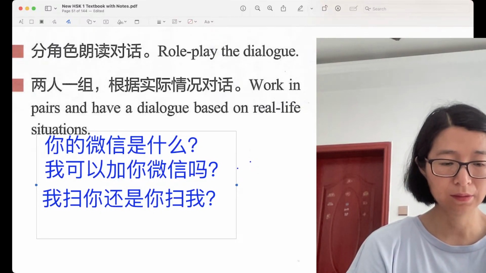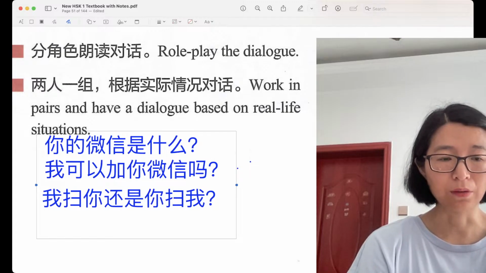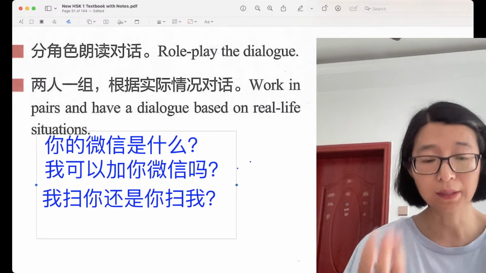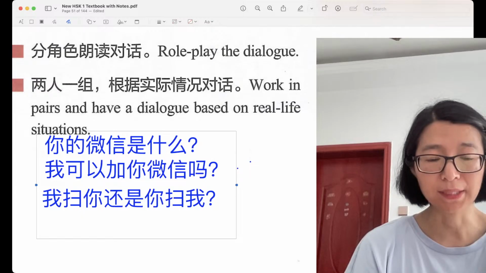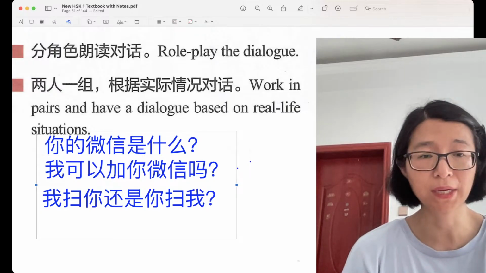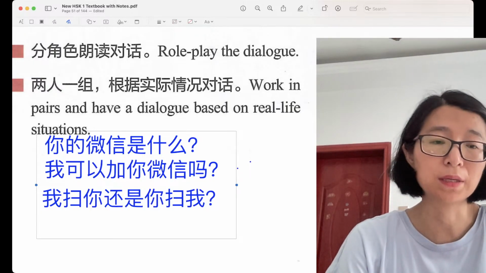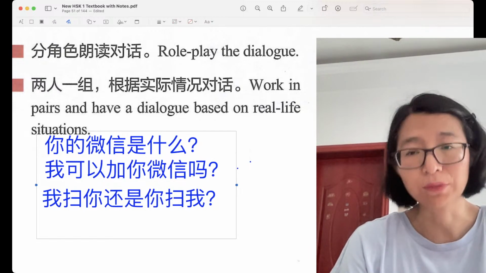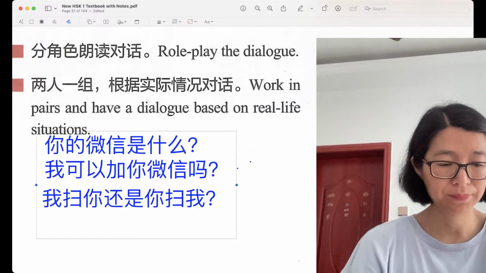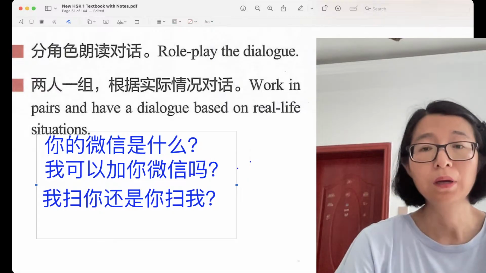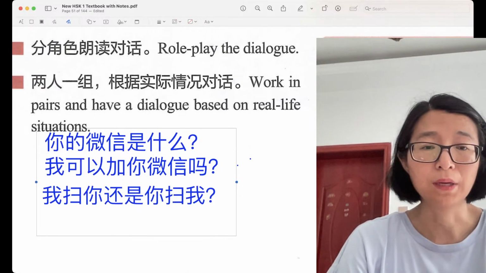You can say 我可以加你的微信吗？ Can I add your WeChat? 我可以加你微信吗？ And then you can ask, 我扫你还是你扫我？ Or you can just say directly, 我扫你 or 你扫我. 很好。